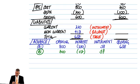So 59 added to 588 is 647. 647, and I split that using the 112. So we get 535. And if only that was all there was to leases, then leases would be a piece of cake, would